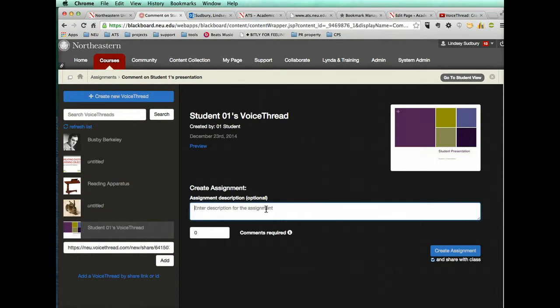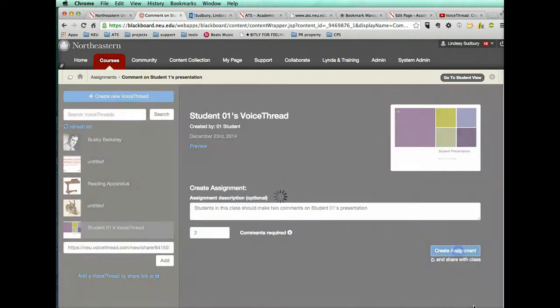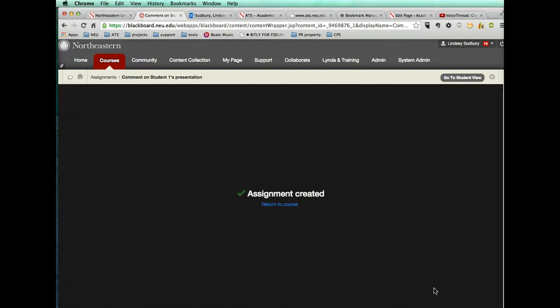So the assignment is going to be students in this class should make 2 comments on student one's presentation. And 2 comments, and I'm going to click create assignment and share with class. So other students will now see that listed as a VoiceThread assignment. They'll be required to go in and comment, and once you grade their comments, that will be pushed over to